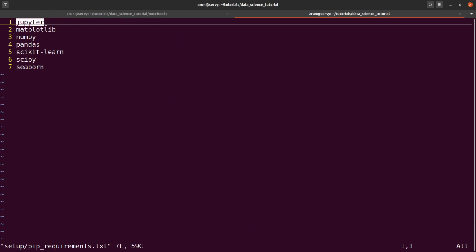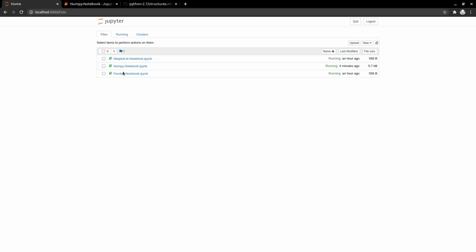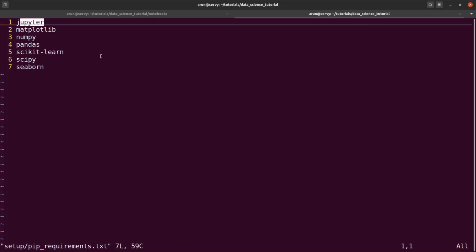Jupyter is a fancy way to run code. Basically, instead of running commands on the terminal, you can execute them in a Chrome window, see the results at runtime, then update something at the top and rerun it. So Jupyter you can install.